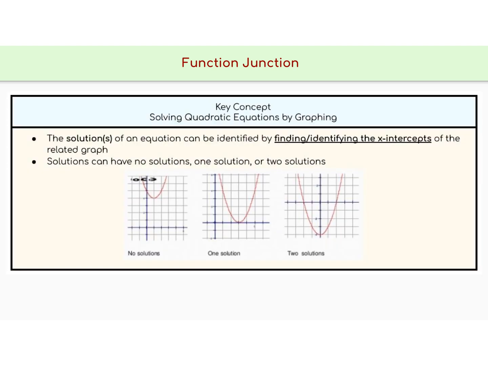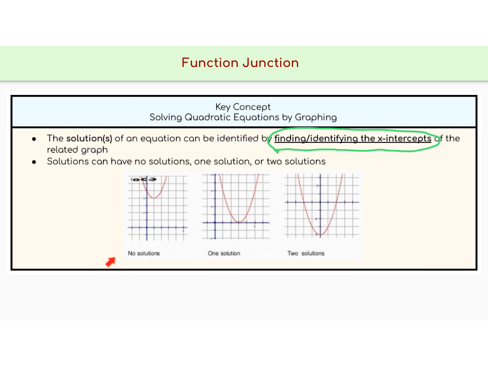So now let's look at our key concept: solving quadratic equations by graphing. The solution or solutions of an equation can be identified by finding and identifying the x-intercepts of the related graph. Solutions can have no solution, one solution, or two solutions. So the number one key is to find and identify the x-intercepts, because the x-intercepts are going to be our solutions. So if we take a look at our first example,